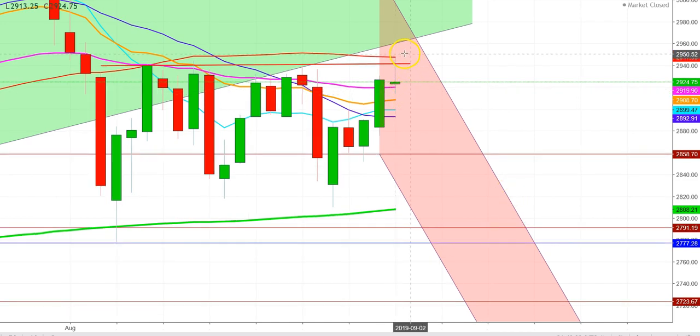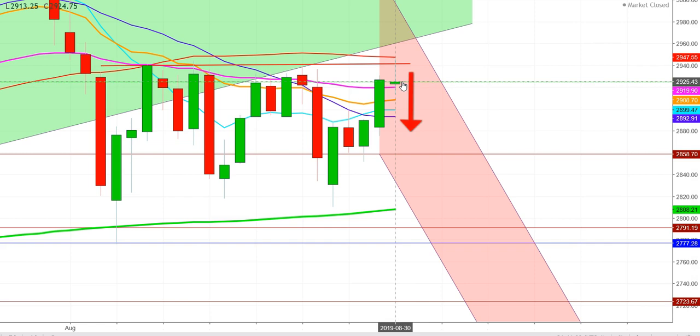So friends, I find that the formation of this exhaustive candle in a daily chart of S&P 500 futures will result in sharp downward moves, where I find that if the S&P 500 futures are not able to find strong support at the 20 days exponential moving average, we will see a sharp downward move up to the levels of 2888, where we will find that if we find a downward move on September 1st, 2019 from the current levels,